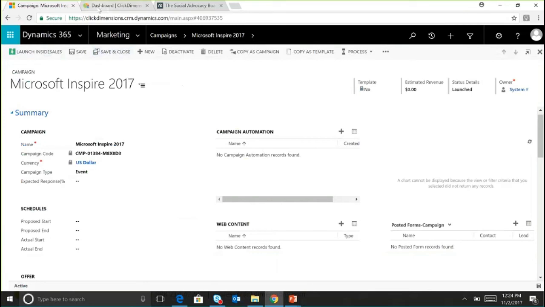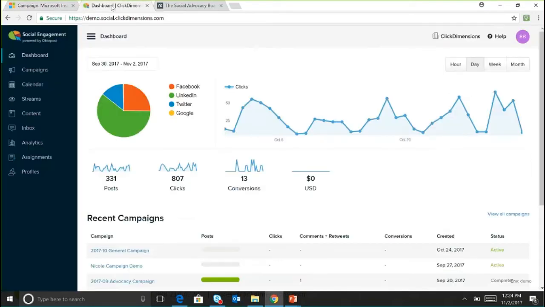As I mentioned before, we've also added a new module called the Social Engagement module. So in addition to being able to track that in Dynamics, and have salespeople and people hours the data as they look at social media. I want to see more analytics from